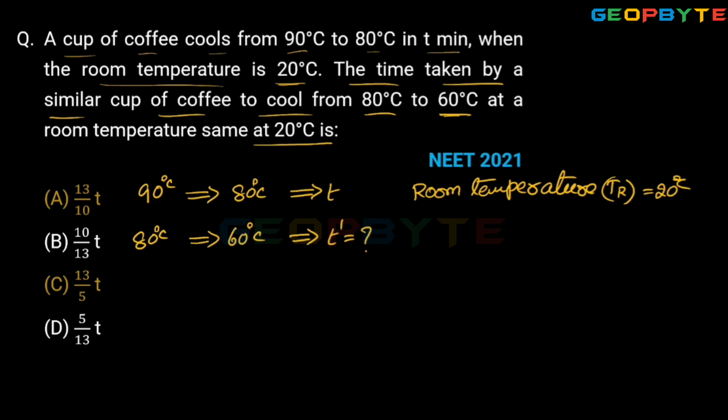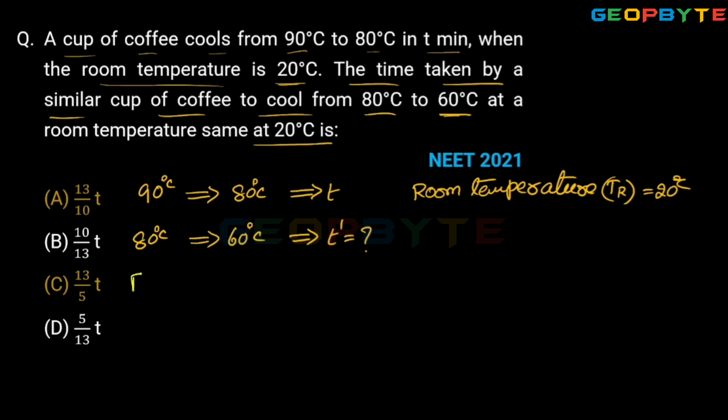It is given that T minutes is required for dropping the temperature of the coffee cup from 90 degrees centigrade to 80 degrees centigrade, while the room temperature is 20 degrees centigrade. For the same room temperature, what will be the time required for dropping the same cup of coffee from 80 degrees centigrade to 60 degrees centigrade? Okay. For that, you should know the relation between the rate of change of temperature and thermal